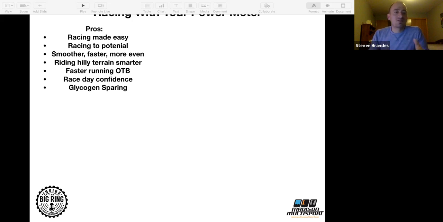Don't go above this number. Ride it smarter, because you may think that little acceleration is going to help you keep your speed up, but all it's going to do is fatigue your legs. You're going to rip through more glycogen. You're going to burn a lot of matches, and it's just not smart riding. So having the Powermeter and having ranges where you're thinking, okay, on the flats, I'm going to average this. On the hills, I'm going to average this. This is how you're going to do that.